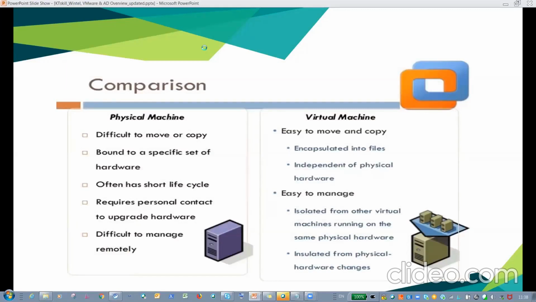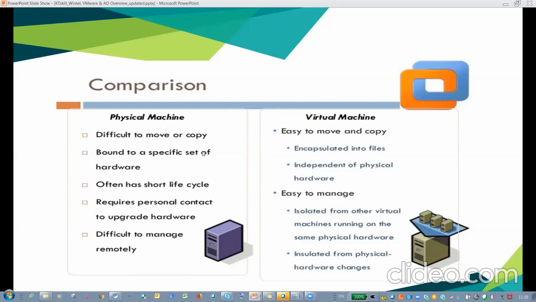Okay, then we'll move on to the comparison of physical machines and virtual machines. With physical machines, there is a boundary to a specific set of hardware. We always choose hardware like ProLiant, HP, and Dell, and there is no choice of other things like in VMware, and hardware often has a short life cycle.